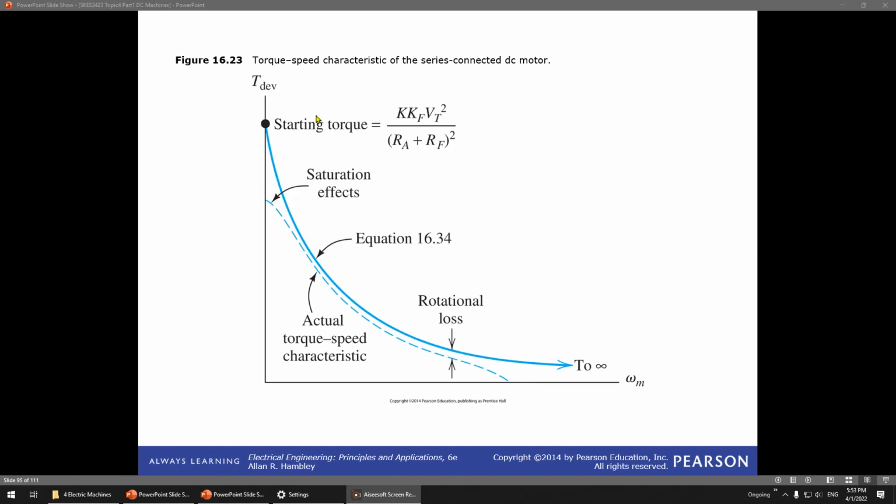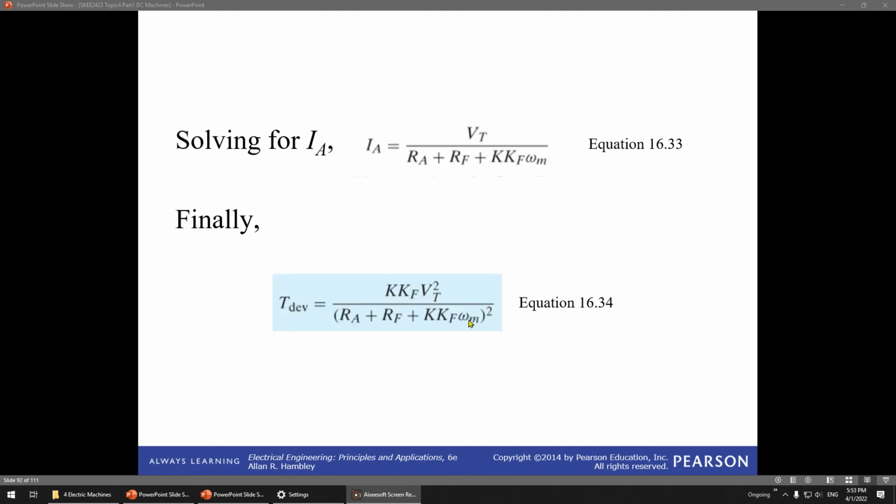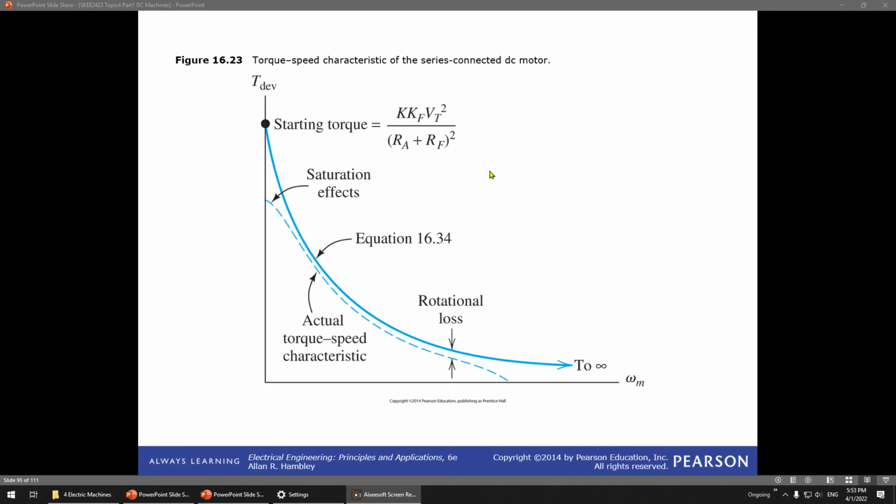You get the starting torque, which is quite high. This is the starting torque. You just make W equal to 0. So you can see here, W just make it into 0, and then you just plot it, you get this one. This is the starting torque for the